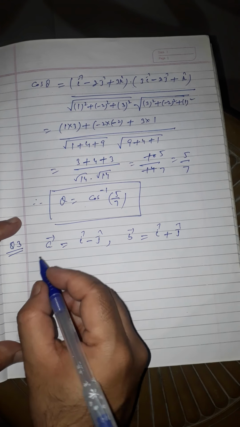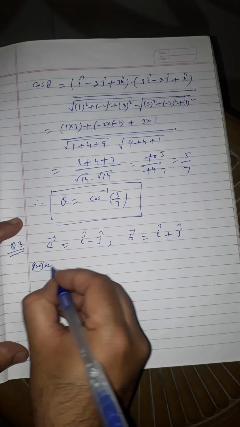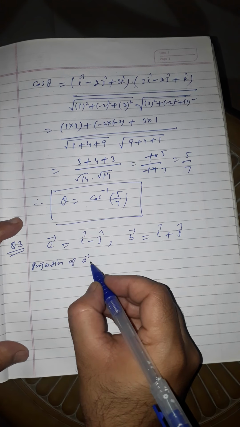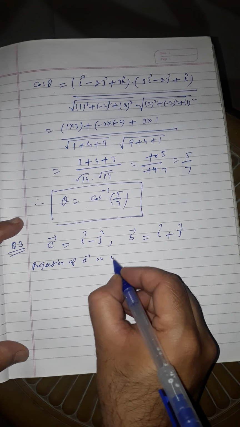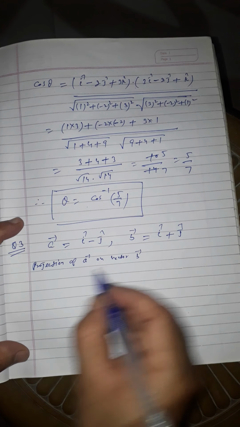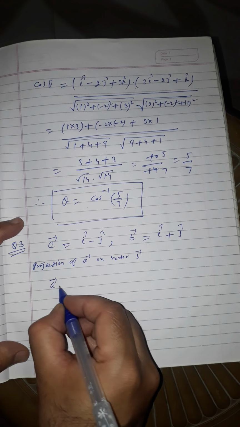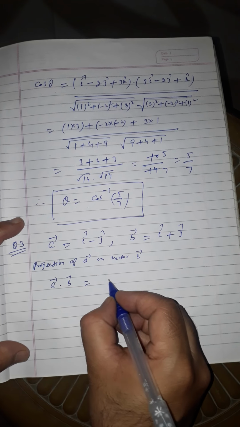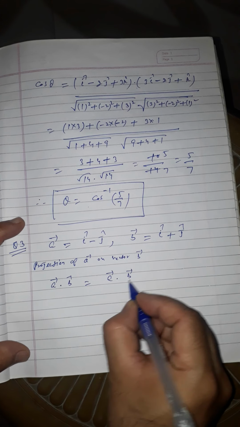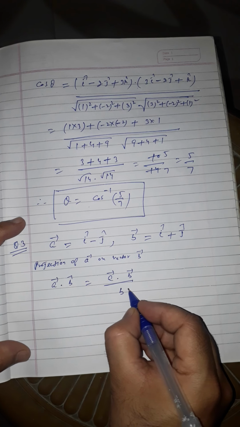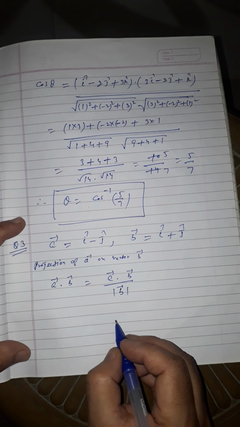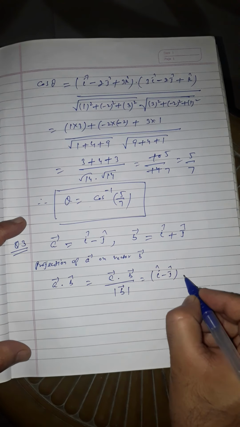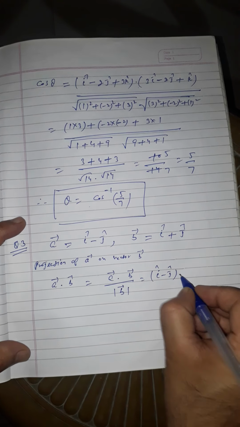The projection of vector A on vector B is given as vector A with the unit vector of B, or it can be written as vector A dot product with vector B upon the magnitude of vector B. Right, students? Now it will come as I cap minus j cap dot product with I cap plus j cap